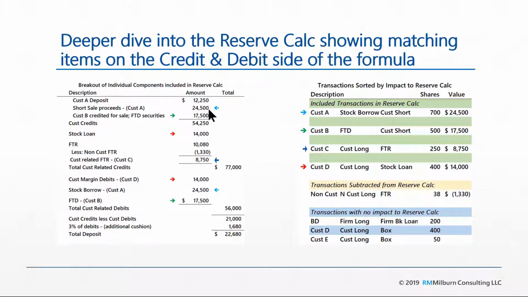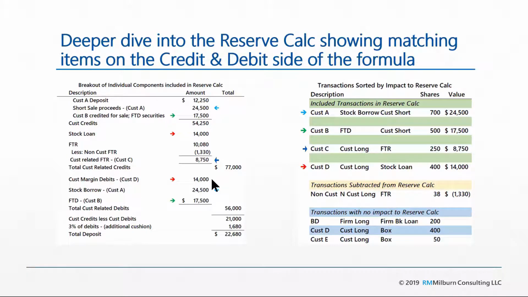The short sale proceeds, remember customer A shorted 700 shares. Customer B's credit for sale, and as you recall for customer B, 500 shares, and customer B has not delivered that amount yet, those shares to the firm. There is a stock loan for $14,000,